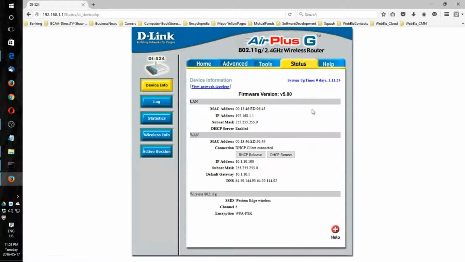And if I go here to status, it will show that the default gateway is 10.1.10.1, and the server has given this dynamic address to the router, 10.1.10.100. Not much else that has to be set up here. From this point onwards,